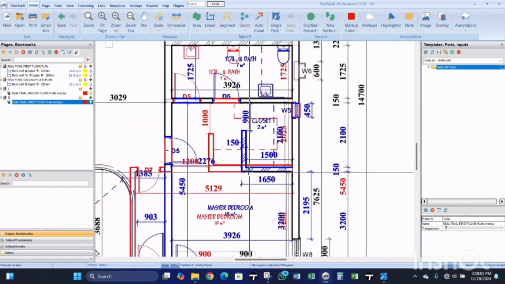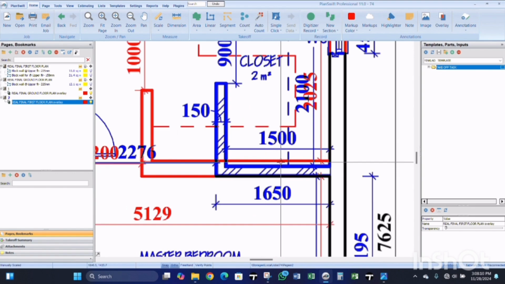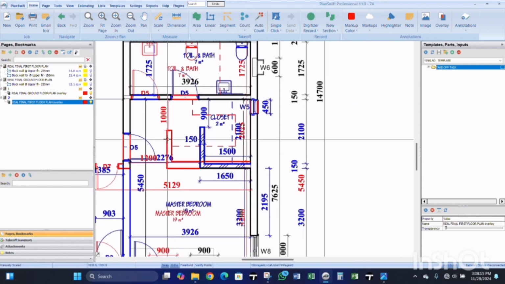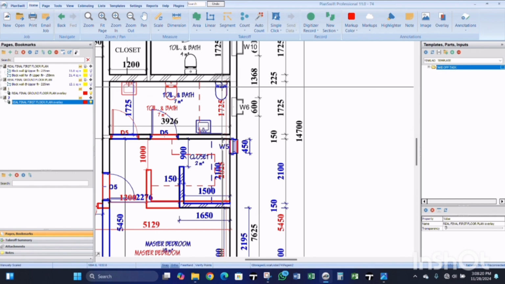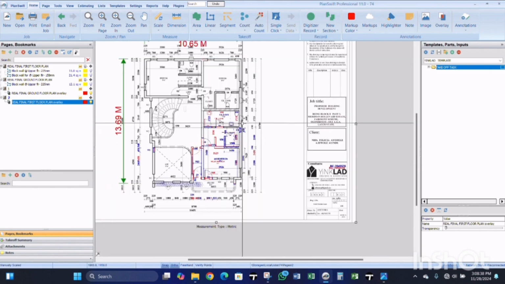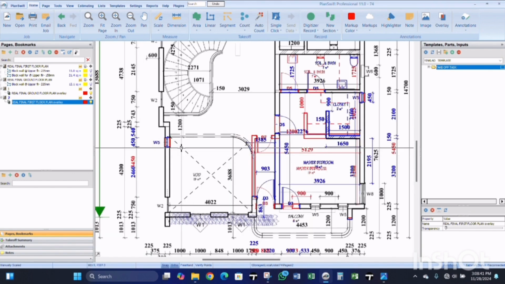So you have removed this one, this blue area. You remove this 6 inches block, we've added 9 inches block wall, and when we get to this side, we add 6 inches block. So we've removed this WC here, we've shifted it to this side, and we've removed this ocean base here and positioned it somewhere here. So that is the difference. That's the difference, and that is how